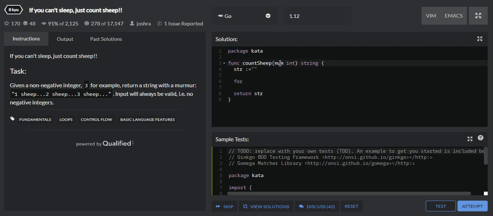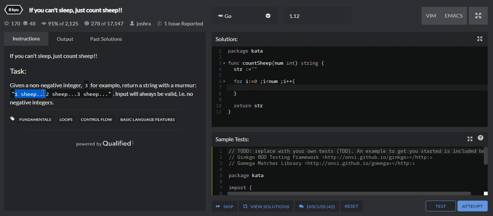Suppose we are getting the integer number as 3, so I have to iterate my loop that many times. So I'll just have a for loop for that. I starts from 0, and if the number is 3, then i will be 0, 1, 2, and when i is incremented to 3, it will be out of the loop. So this loop will iterate only 3 times, and every time I have to create this string.